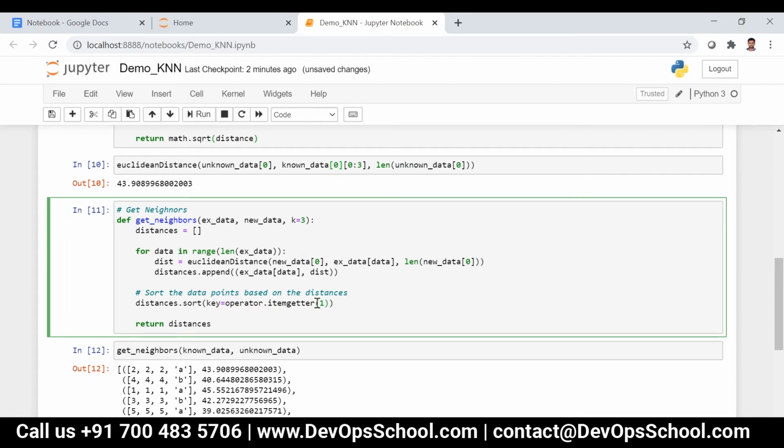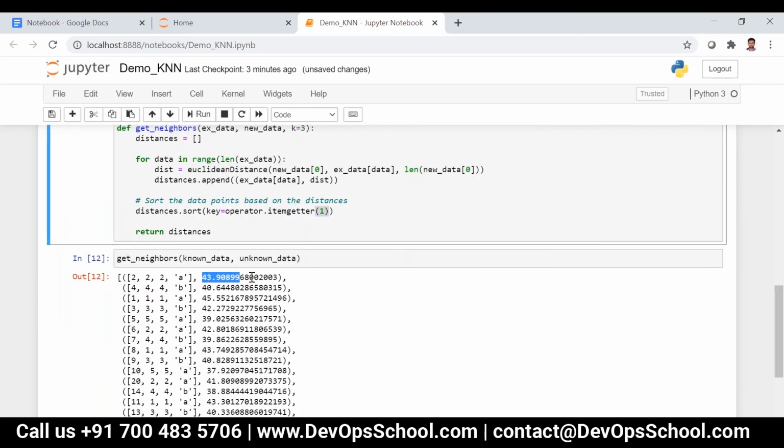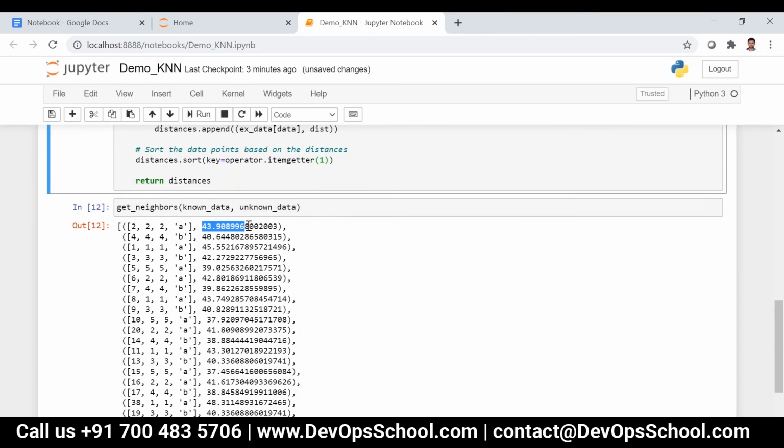So what is this 1? It is nothing but the index. If I say 0 here, it will be sorted based on the data point list. If I say 1 here, it will be sorted based on this particular distance.